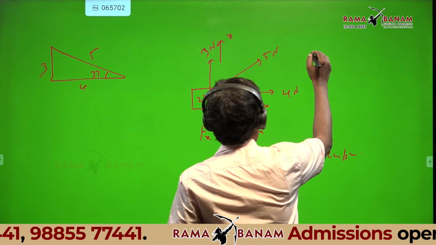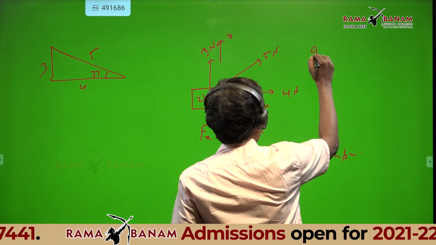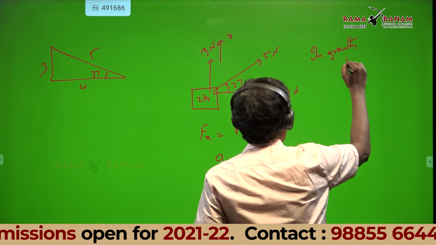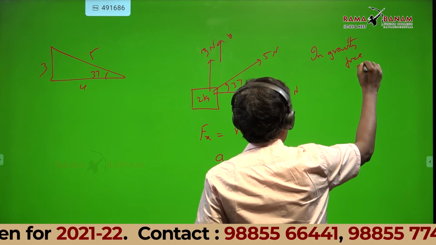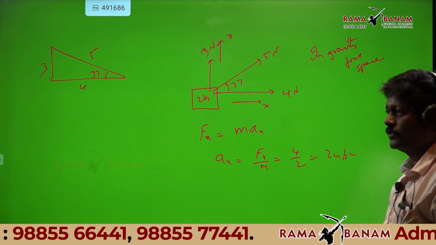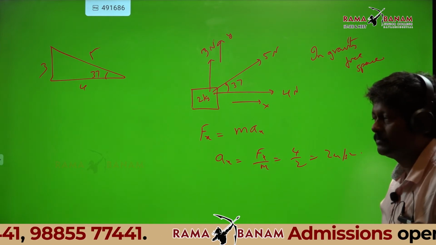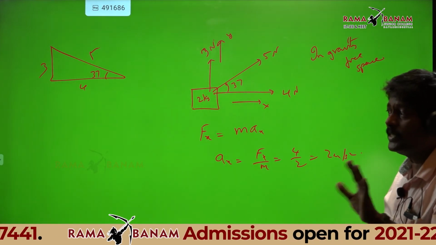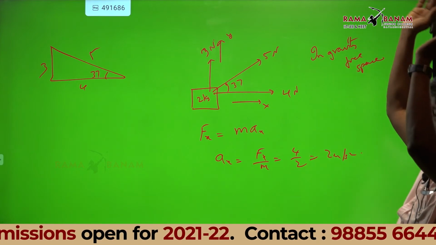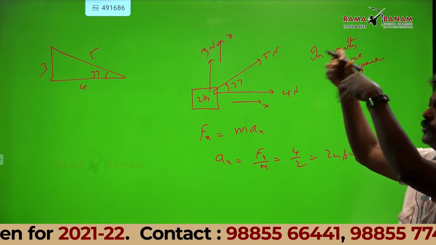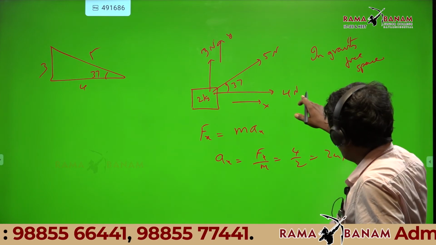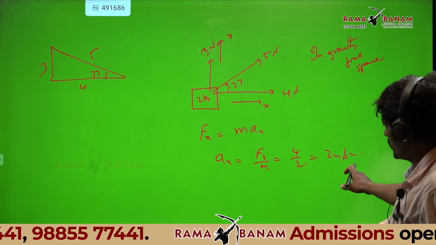So, in gravity free space, that means the weight of the body is not acting, no mg, no normal reaction. Mass is there. I am not saying mass is not there. You are in the outer space, the weight of the body is 0, you applied only 5 Newton. In the x direction, the body will have an acceleration of 2 meter per second square.